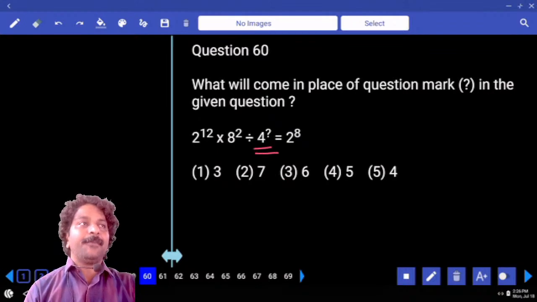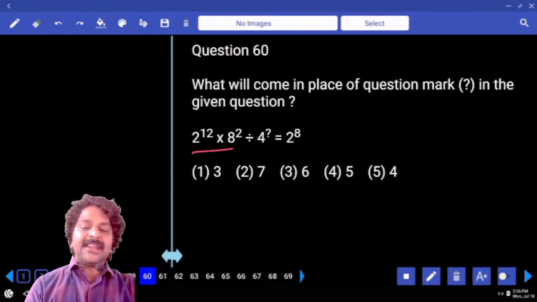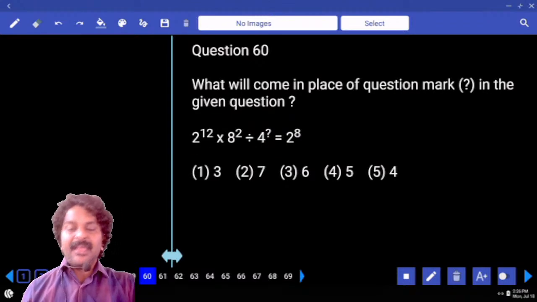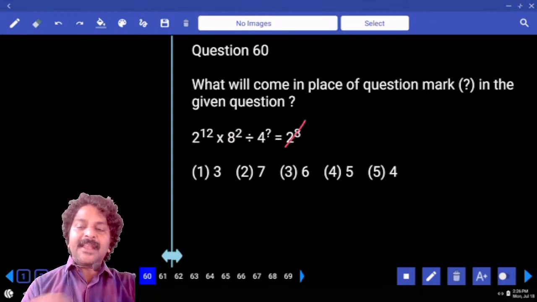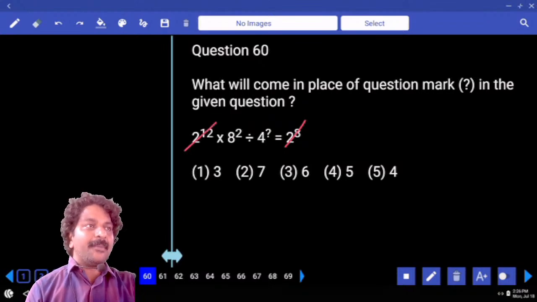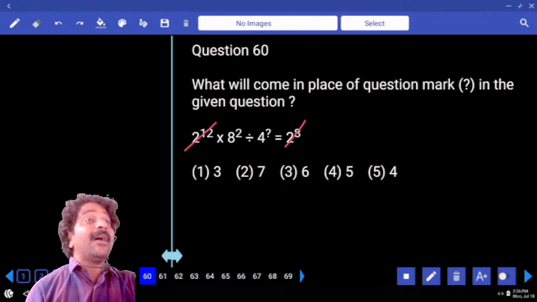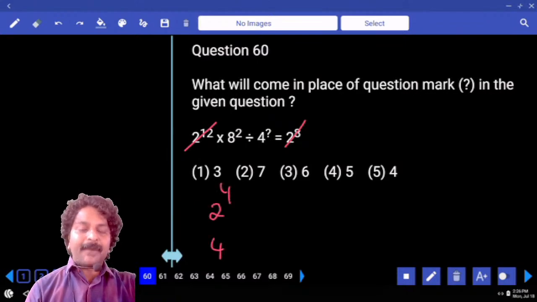X is for 4 power something, right? Come on. So left hand side numbers or right hand side numbers? Every number must be written as 4 power something only. Right hand side 2 power 8 is there. Left hand side 2 power 12 we have. So how much is left here? 2 power 4. Now 2 power 4 should be written as 4 power something only,